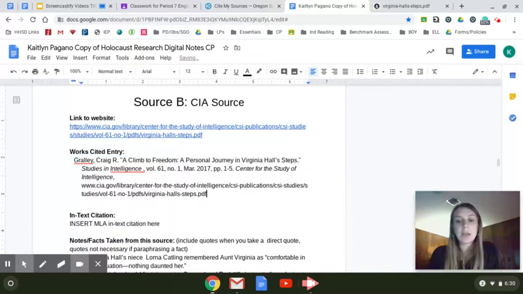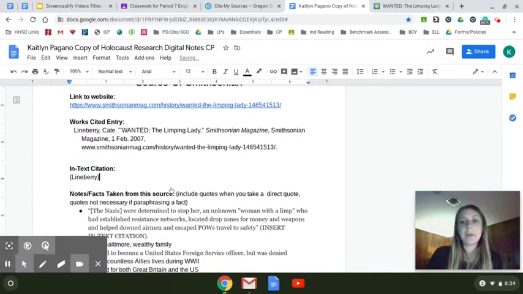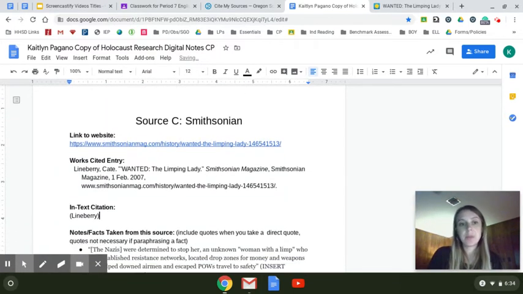then I need to do my in-text citation, which, remember, it's a website. Actually, this one is a journal. So this one I would have to say the name, and then I would put a space, and it would be the page number. Because this one I do have pages 1 to 5. Okay. So I actually did source C without you, but here is my works cited entry and then my in-text